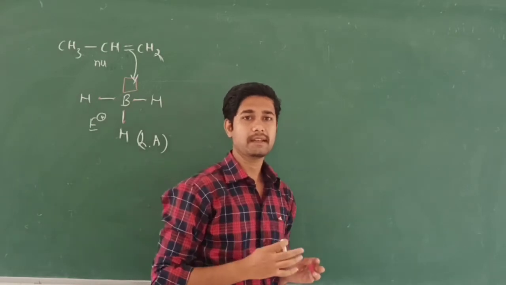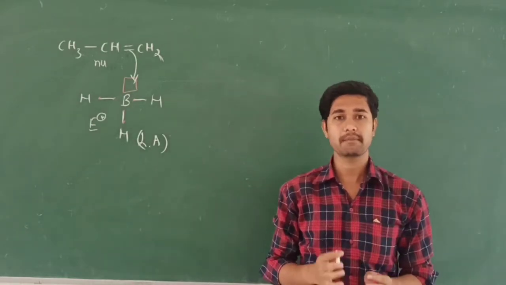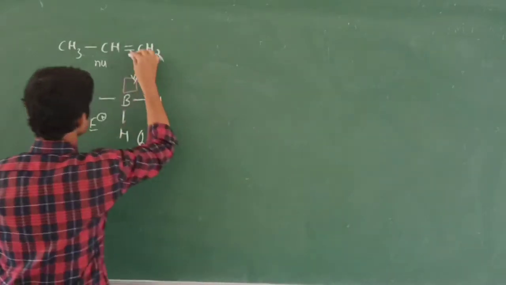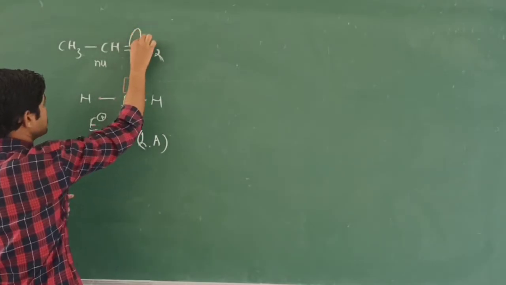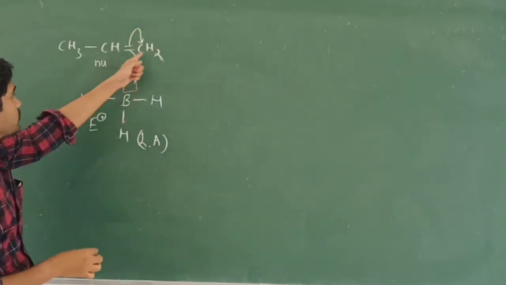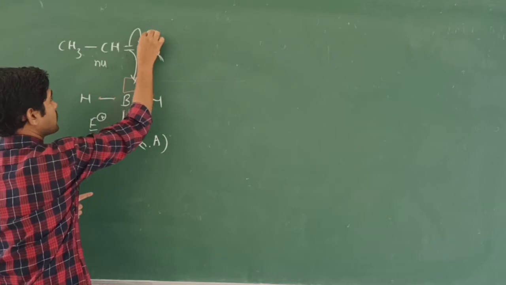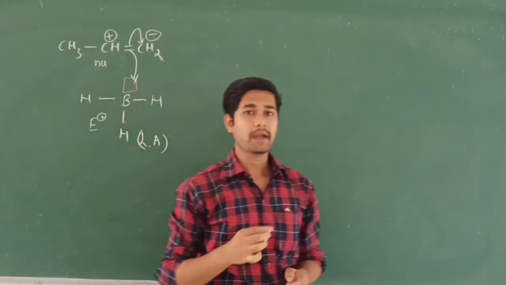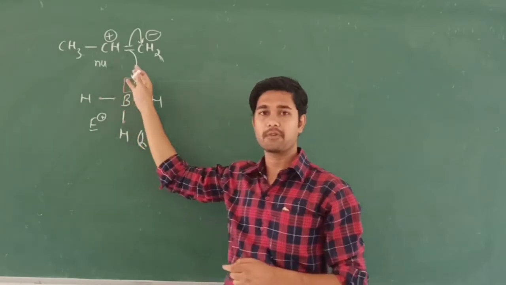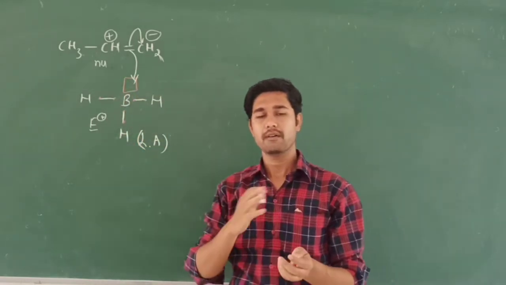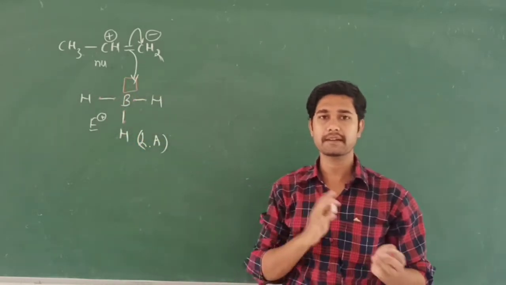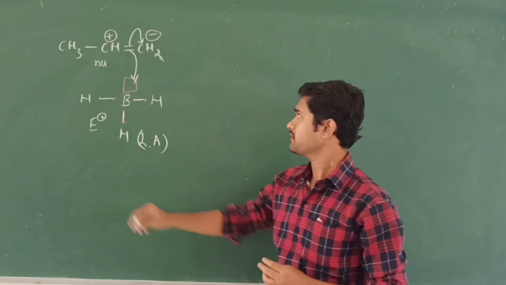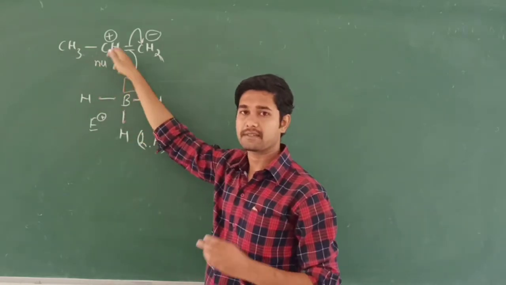Here it is going to maintain stability. You know that a secondary carbocation is more stable than a primary carbocation. That's why this bond will migrate towards this side. When the bond migrates towards this carbon, the other carbon becomes positively charged, that is, a carbocation. We have seen in the last video on acid catalyzed hydration the secondary and primary carbocation. So this makes the secondary carbocation stable.